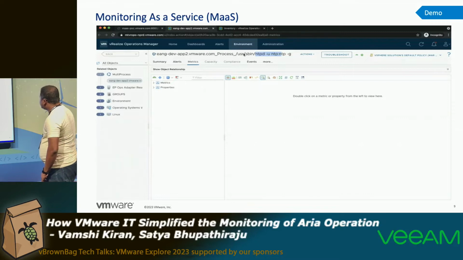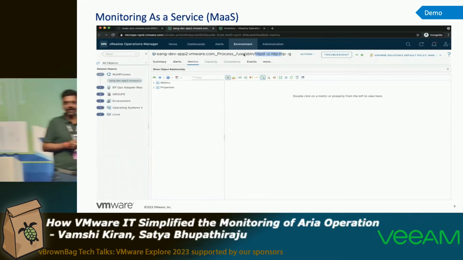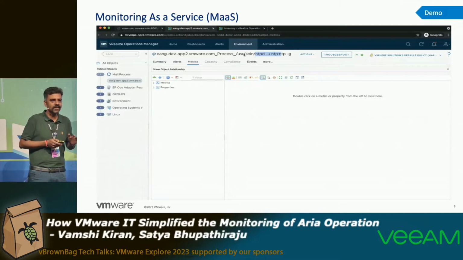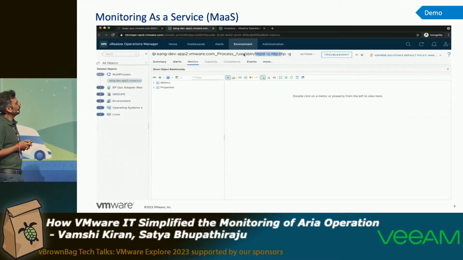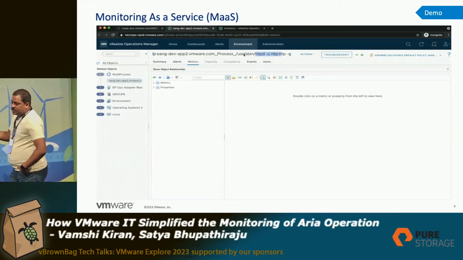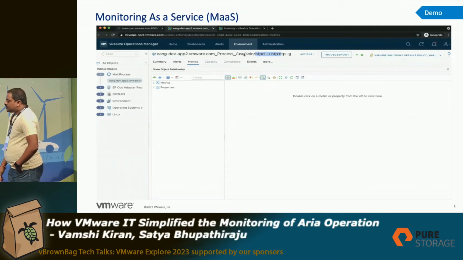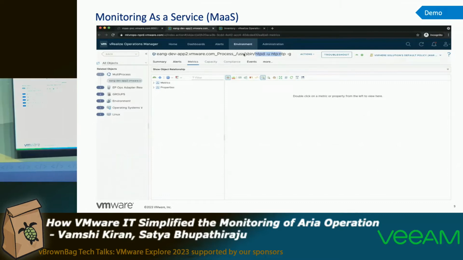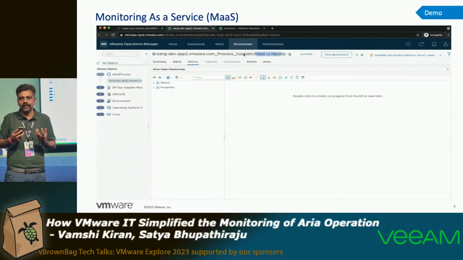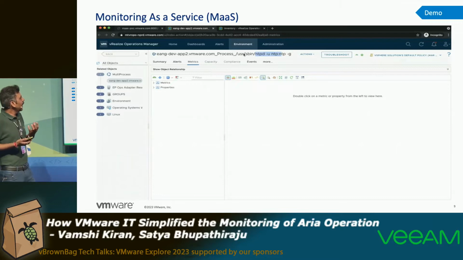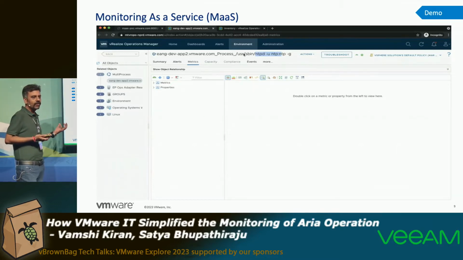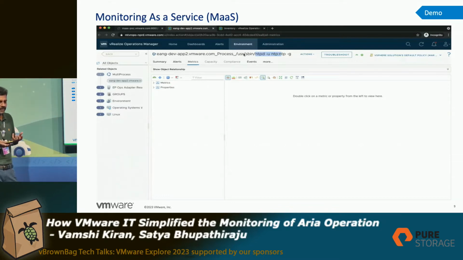Isn't it amazing to have everything done in a couple of minutes? The end user can do it on his own without interacting with the operations team. He can request and utilize the same UI and do it within a few minutes. Most of the time, what happens is we go back and forth with the application team that is requesting this monitoring setup. And we are giving them the flexibility to choose what they want, and it gets enabled within a couple of minutes.